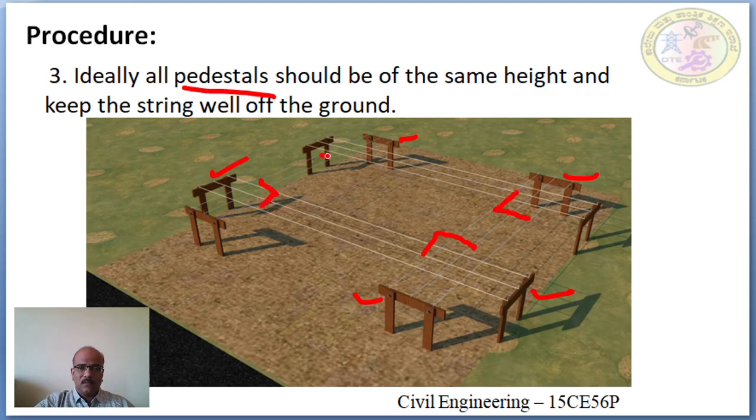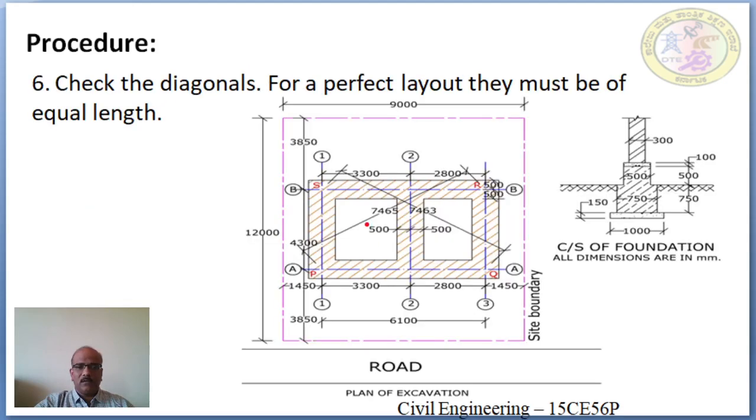Once all corners are at right angle, the diagonal length is also measured. If both diagonals measure equally, then we can say that all corners are at right angle. For establishing the right angle, we use the 3, 4, 5 method.